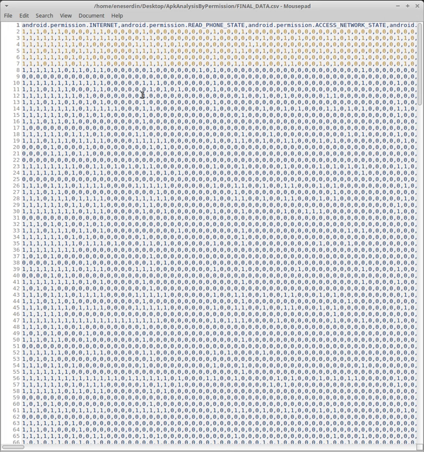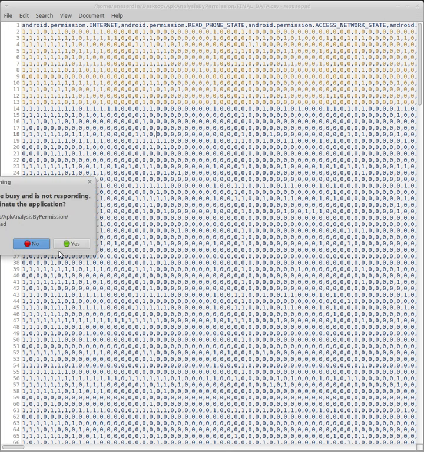So this is the CSV file. Now I cannot click on it because it's really huge and mousepad cannot handle it. And this is the comma separated values file. When we create this file, we feed this